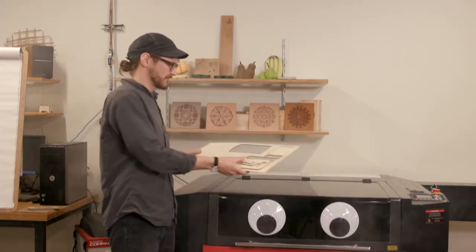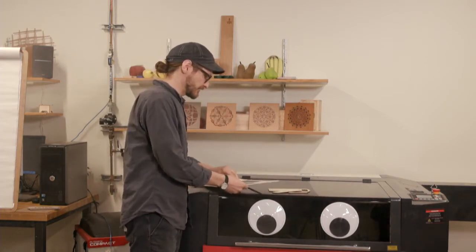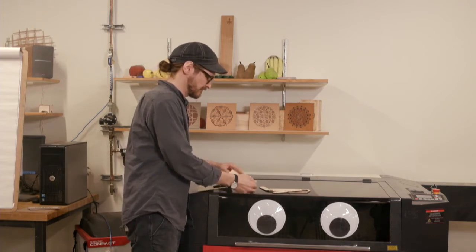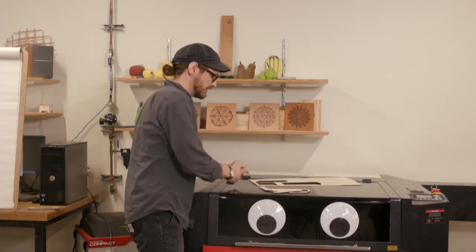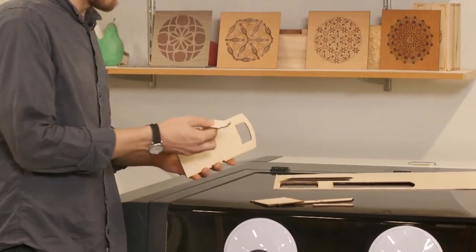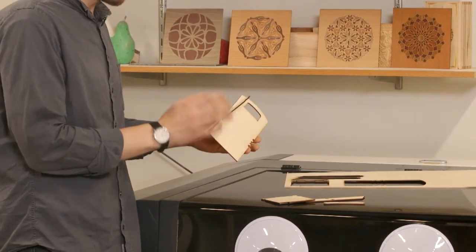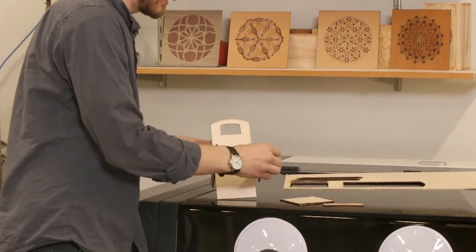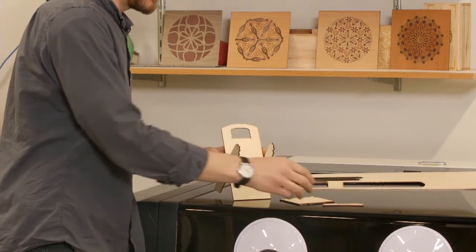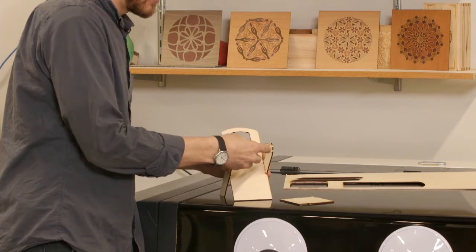A lot of smoke. So here's the model that we just cut out. Again, this is a real advantage of working digitally, is I know that every time I cut this model out that these parts are going to fit really precisely together. And then I also know that when I scale this up to full scale so someone could actually sit on it,